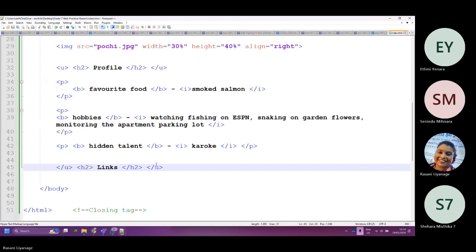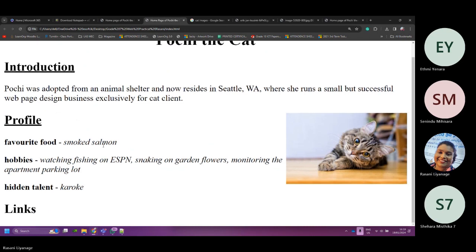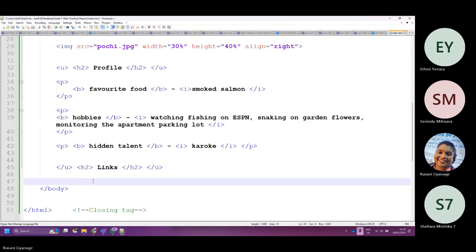This is how it will look like. Coded. One more code for us to put: BR.